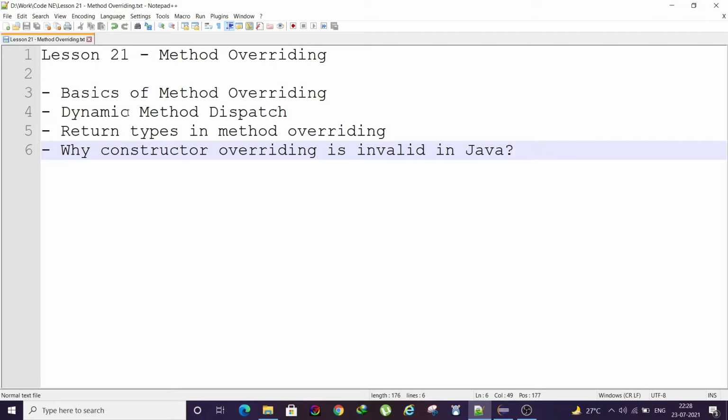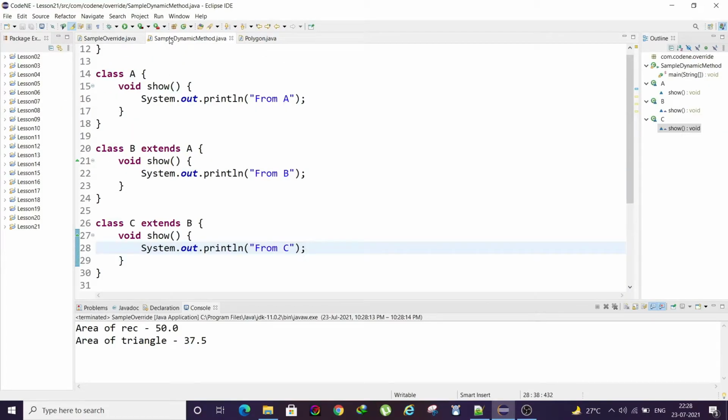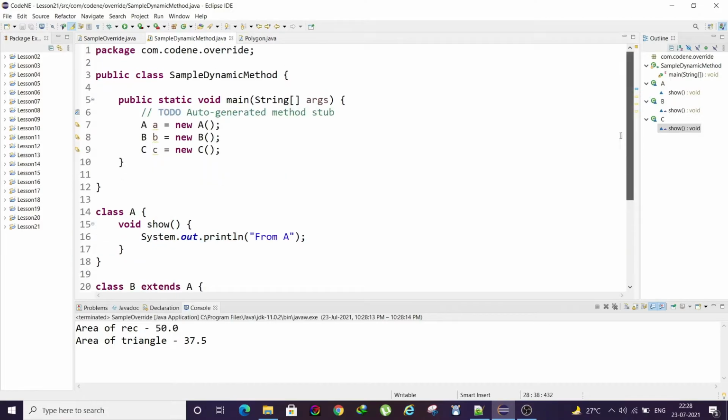Moving on, our next subtopic is dynamic method dispatch. In our previous lessons I already explained what a reference variable is and what an object is. The concept of dynamic method dispatch relates to that only.